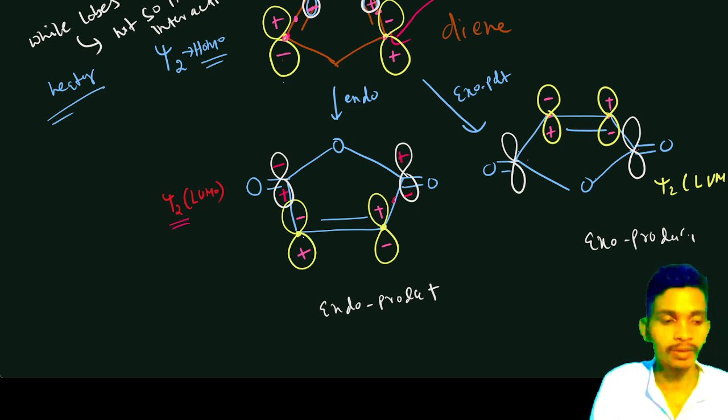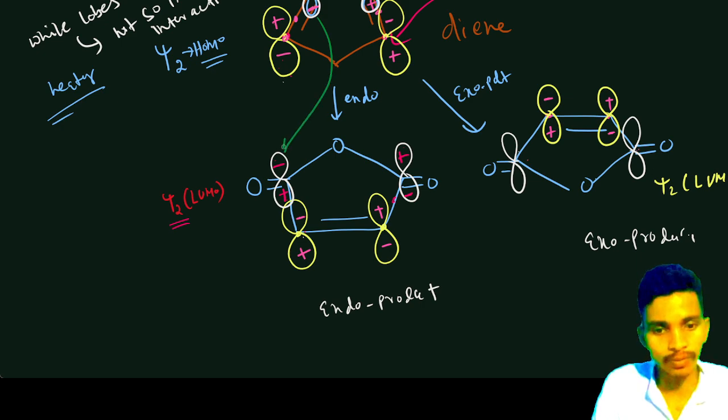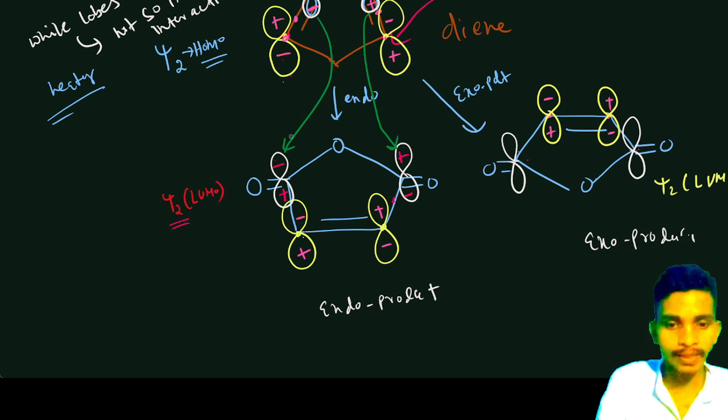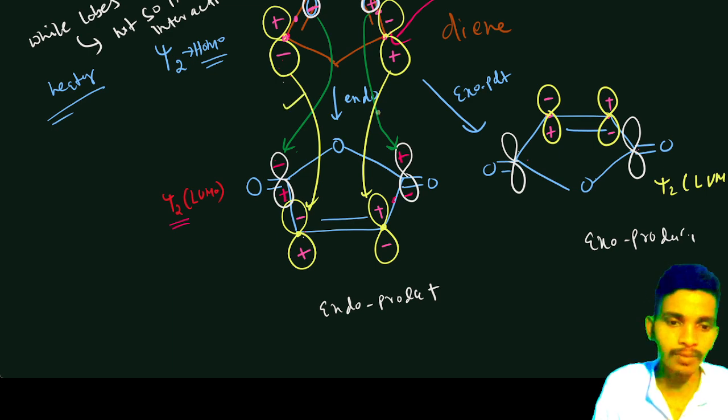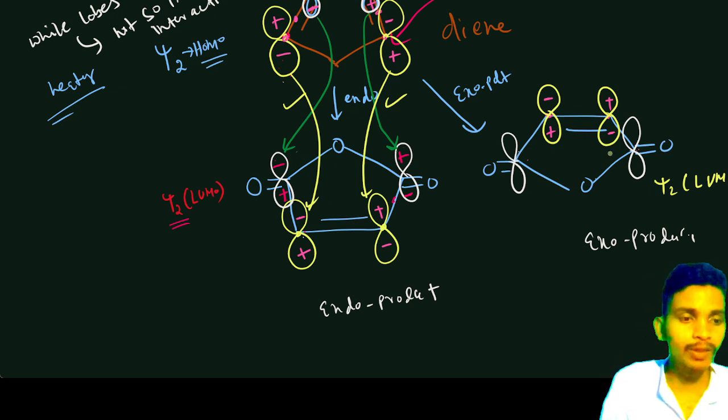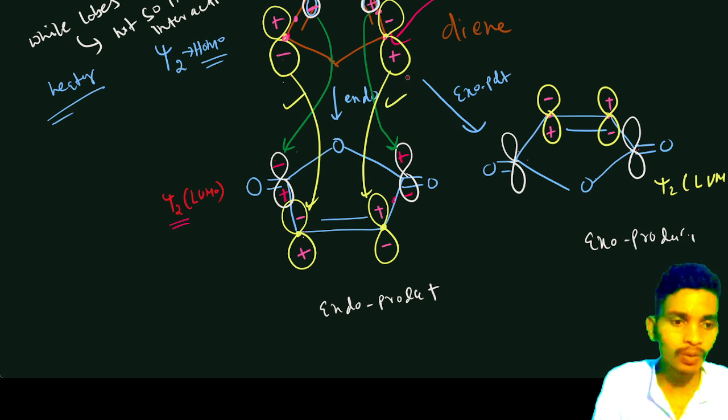one node here. Okay, so now before doing these interactions, this is again available, so this also can do the interactions here. It means that I can do the interactions here also, and here also interactions happen. So before going to the primary interaction, this interaction is also easily available. Okay, these interactions must be done, but these interactions are also available. Okay, but in the case of the exo product, what will happen is that